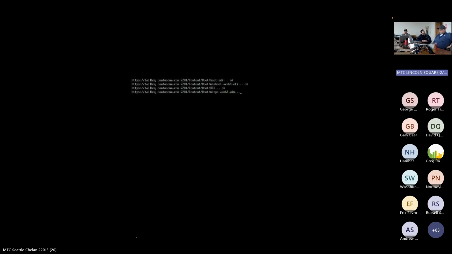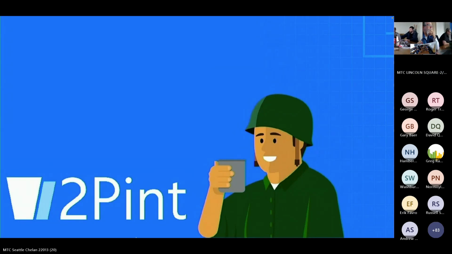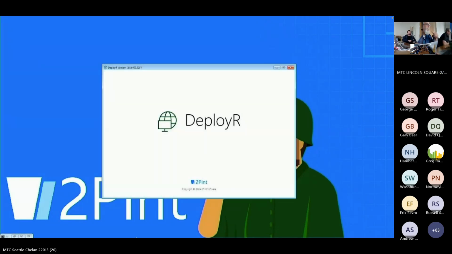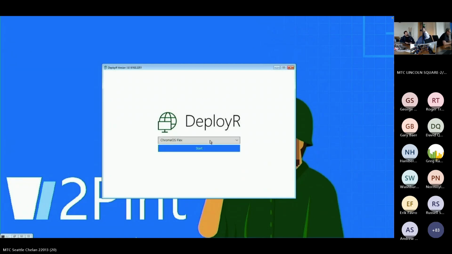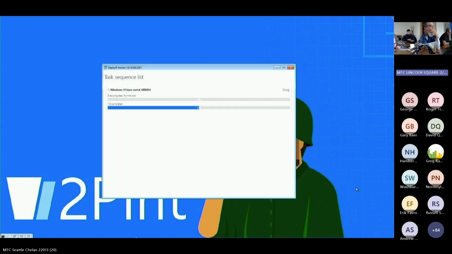We can then do a PXE boot to an ARM64 Windows PE boot image, and the flow is exactly the same. So download Windows PE, boot into PE, and then run the task sequence to do the rest. So we can choose our ARM64 task sequence. Steps for that are pretty much exactly what we looked at before. Format the disk, download the operating system, apply the operating system,